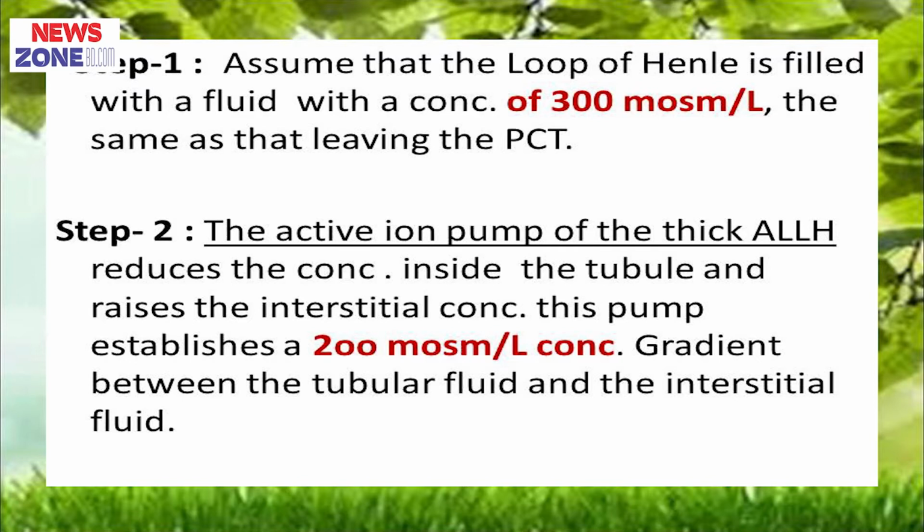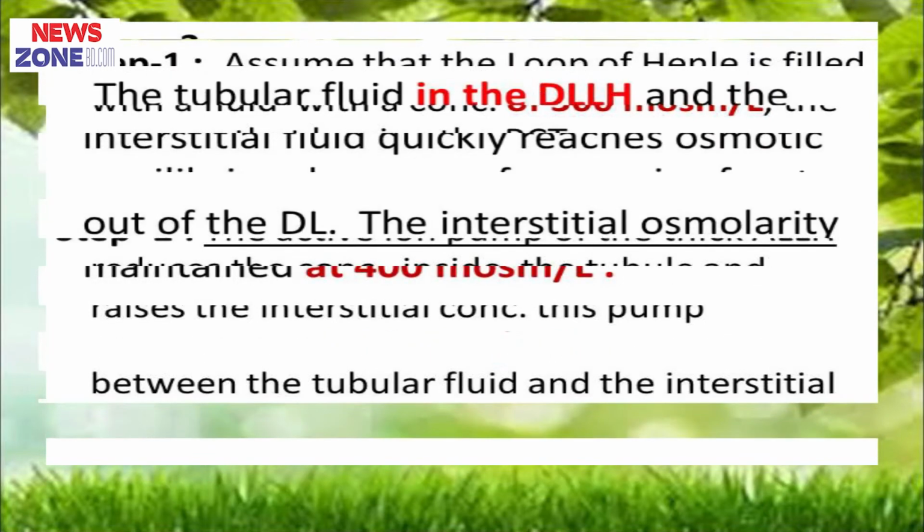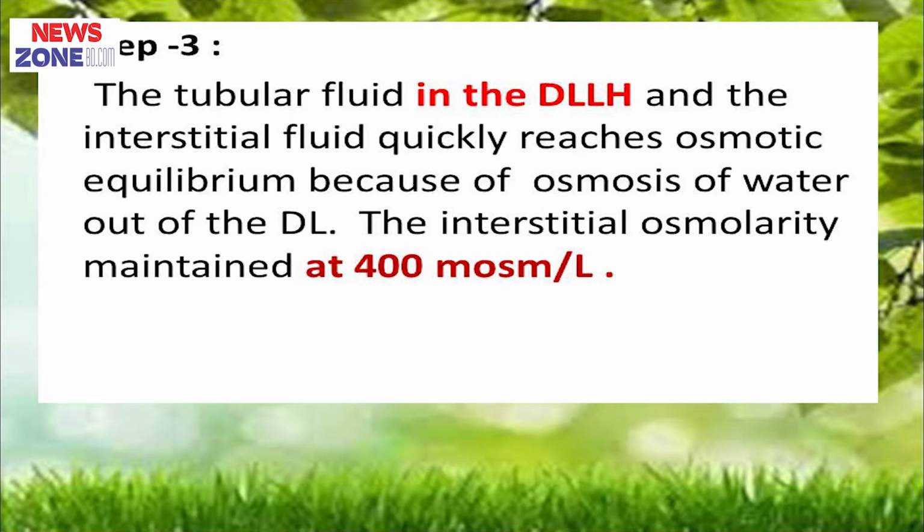So, when it generates an interstitial osmolarity of 400, but inside 200 milliosmolarity, then what happens? The interstitial fluid becomes more hyperosmotic because the solute is coming out from the ascending limb. And then we come to the third step. When you see the figure in the third step, you can see the interstitial fluid osmolarity has already increased